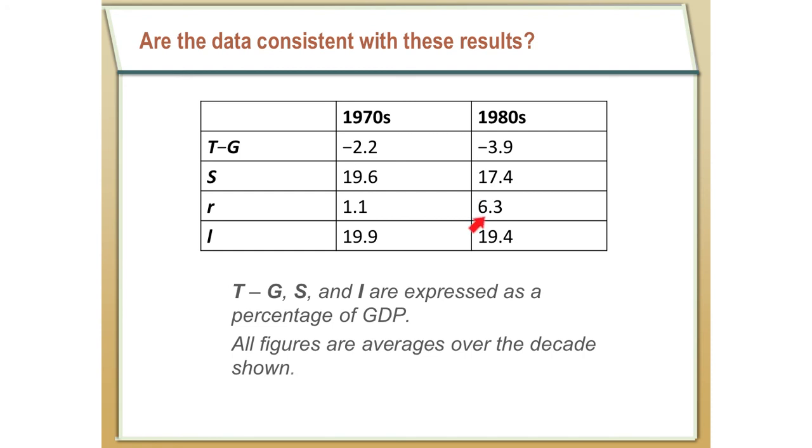Also, as we would predict, the interest rate is much higher in the 80s than in the 1970s. So this is definitely going to be skewed because of monetary policy. The Fed raised interest rates quite a bit in this time period to try to reduce the inflation that started happening in the 1970s. So keep that in mind, but certainly some of this increase in the interest rate was owed to the increase